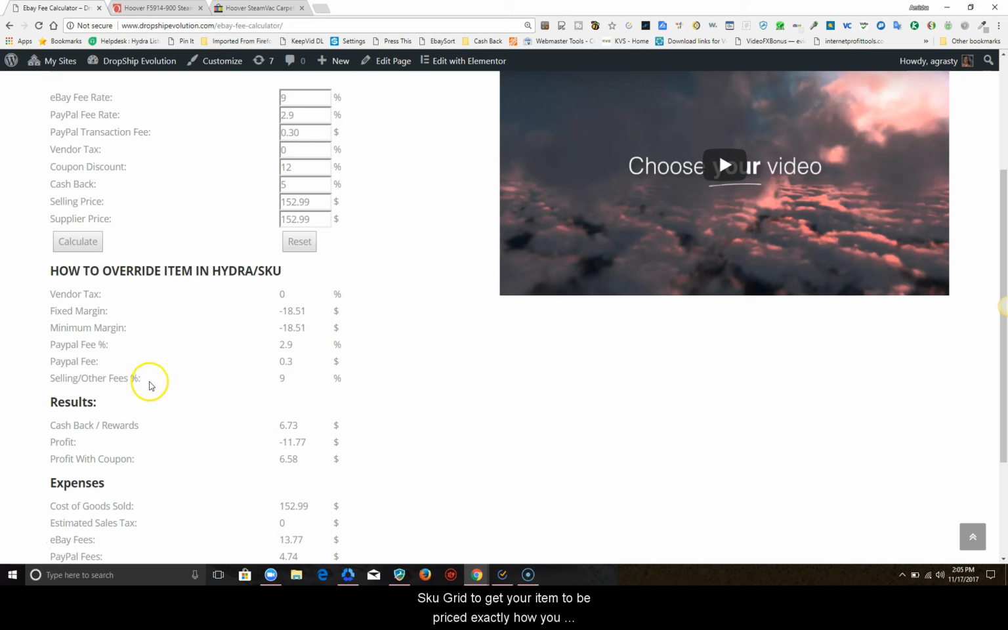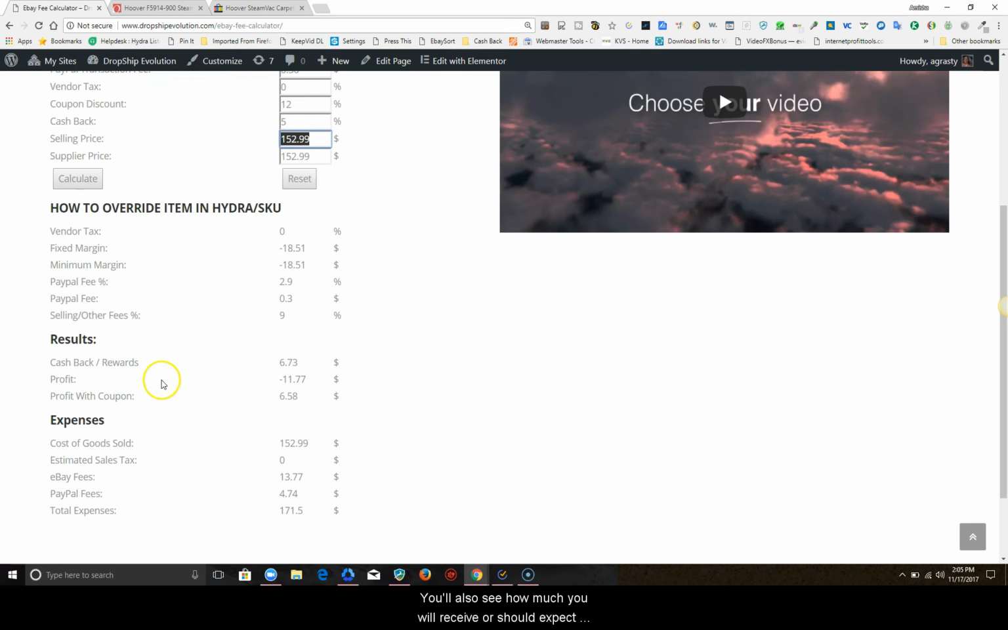Sku Grid to get your item to be priced exactly how you want it at the time of listing. You'll also see how much you will receive or should expect to receive in cash back or rewards, as well as your profit, both without and with a coupon. This allows you to see best and worst case scenarios in the event that you are unable to use a